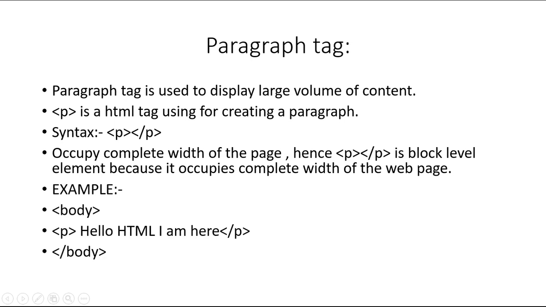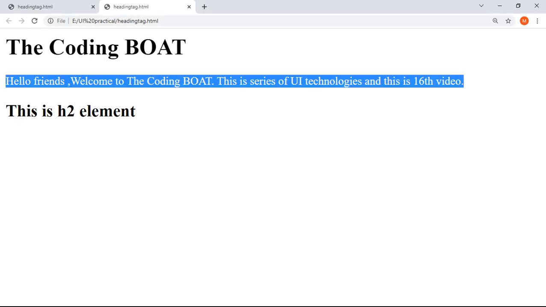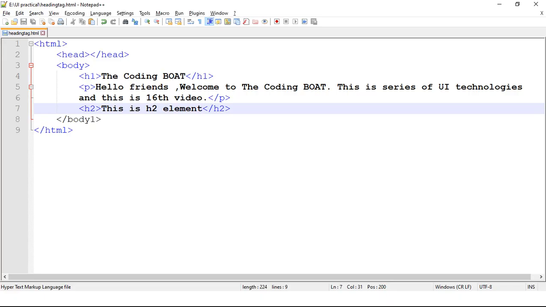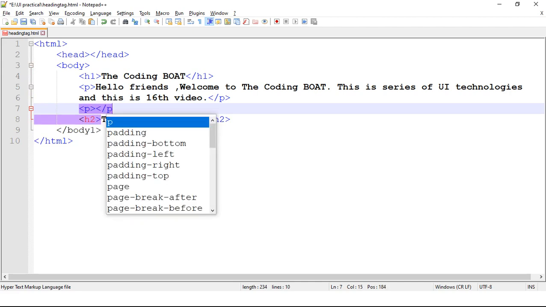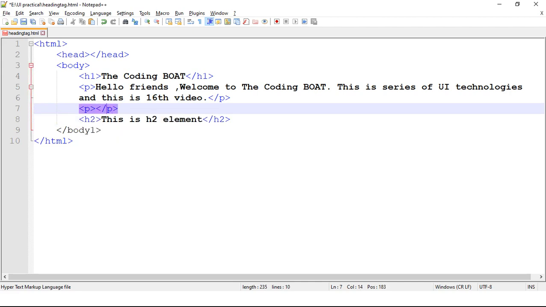Now example of paragraph tag. Paragraph is part of body, and within paragraph tag we have hello HTML, I am here. Let's take another p tag, opening and then closing. Paragraph is paired tag, it is not self closing tag.